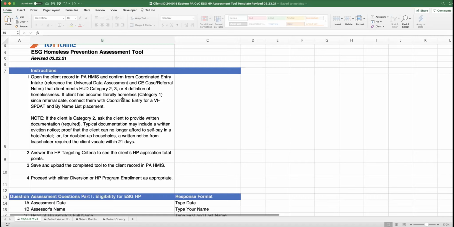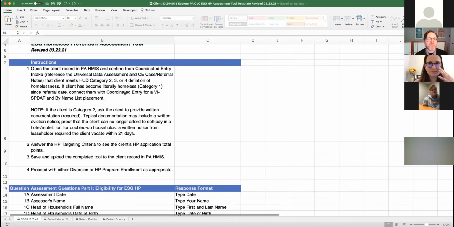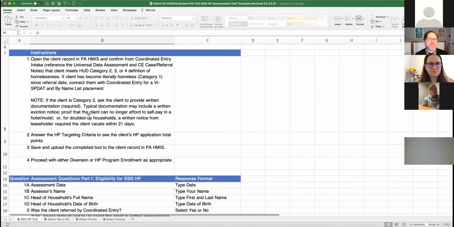In that case, we need to send them back to core entry for our full intake for literal homelessness, so that we can connect them with shelter and some sort of supportive housing and place them on our by name list. But assuming that they remain category 2, 3, or 4, and they are only seeking homeless prevention assistance, then the only other really important note right up front is that